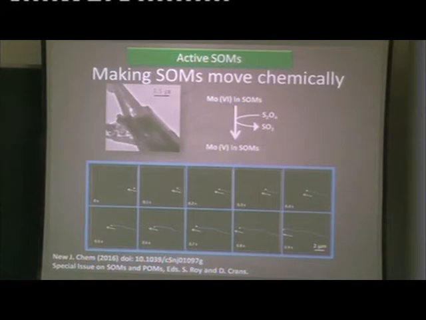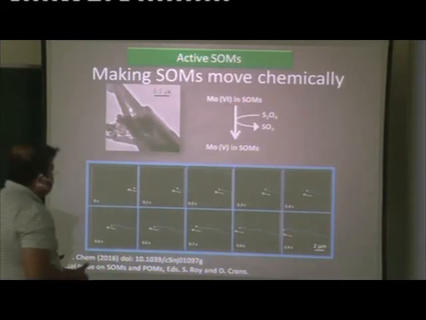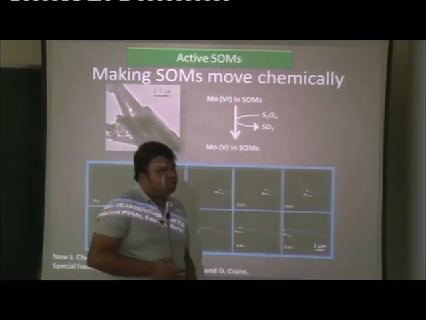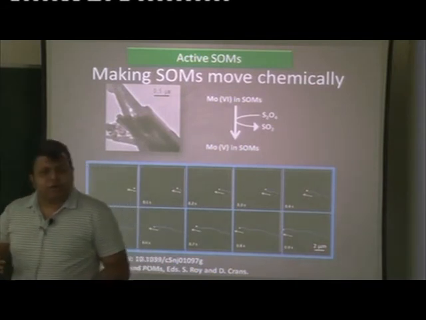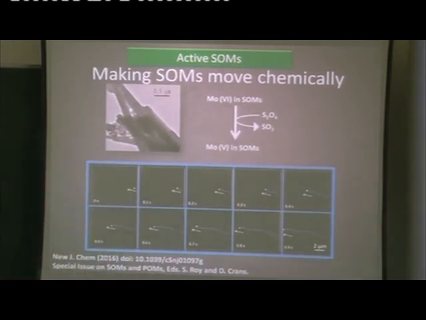So what we do is we take molybdenum 6 in the soft oxometalates, we reduce them with dithionite, we get sulfur dioxide. Then we have molybdenum 5 in the soft oxometalates. Now as we get sulfur dioxide, this sulfur dioxide creates an asymmetry in the distribution of the reactants on the surface. Because of the evolution of the sulfur dioxide, and also because of the shape of these particles, what happens is that you generate a slip velocity between the surface of the particle with that of the osmotic boundary or